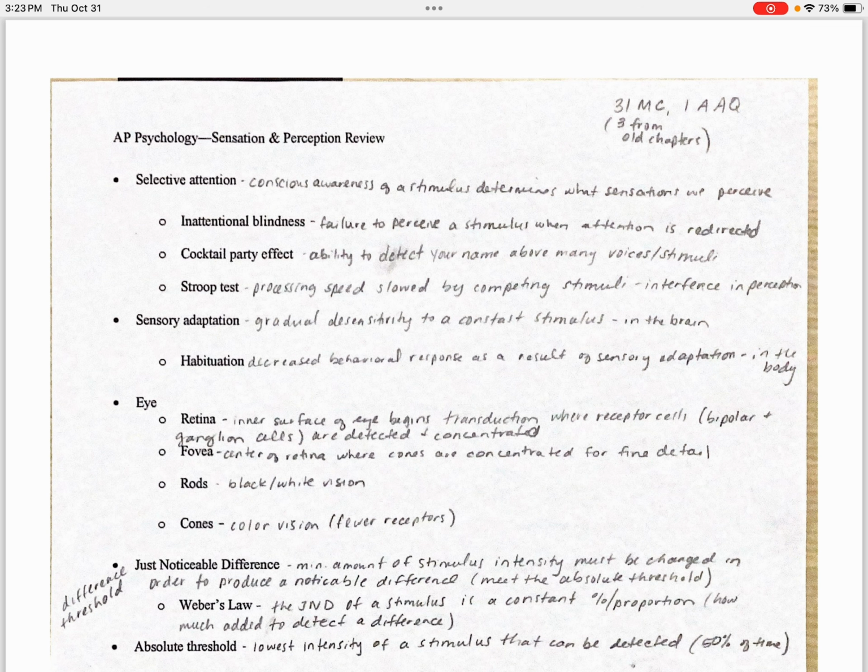So let's start talking. Selective attention. This is a conscious awareness of a stimulus that determines what sensations we perceive. So we take in all of these sensations, but we can't actually perceive it all. Our brain just can't pay attention to all of it. And in fact, here's your first little clue. A lot of the AAQ is about this selective attention of what your brain can actually pay attention to and